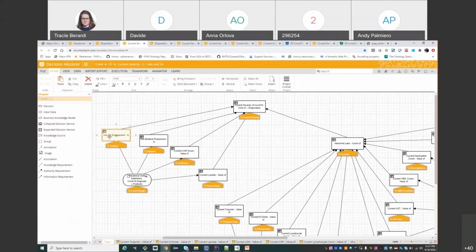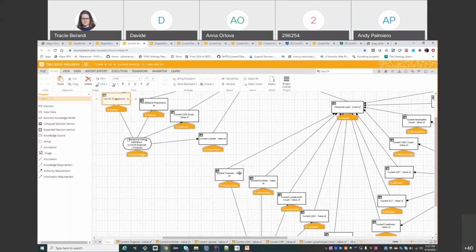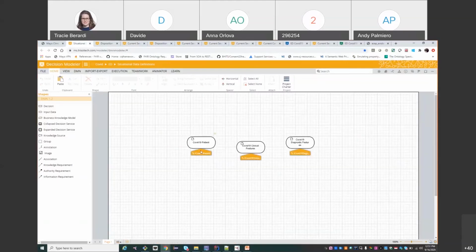And verbalized as has RV enlargement or value of current troponin. Those clinical concepts or model elements that are semantically bound to clinical concepts, the semantic BPM plus we as a team have been advocating. They're also tied to data, which is also bound semantically. And it's situational data because the schemas associated to,